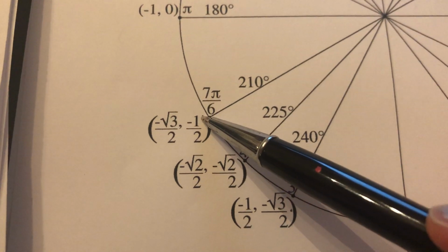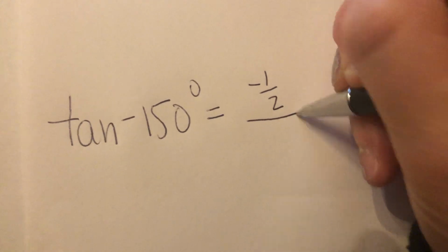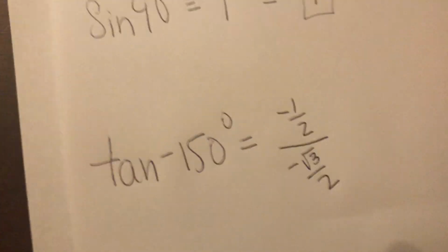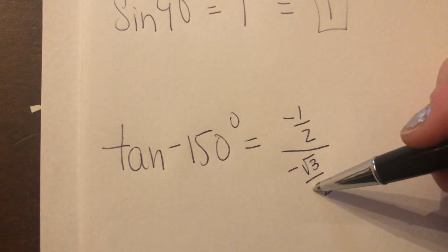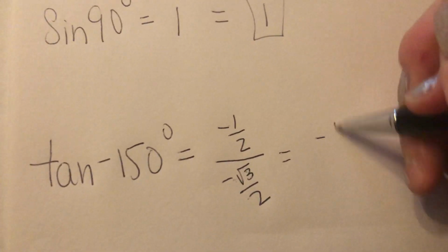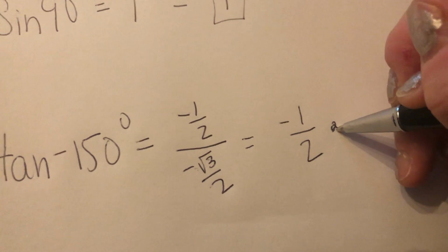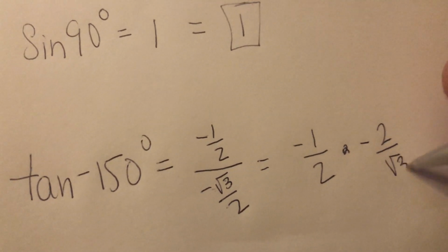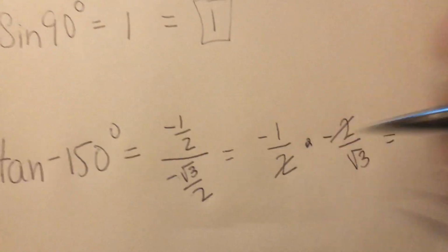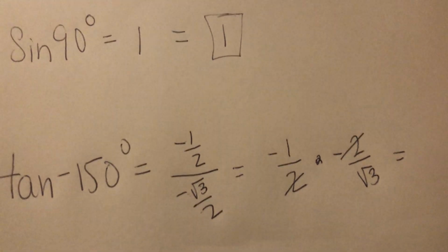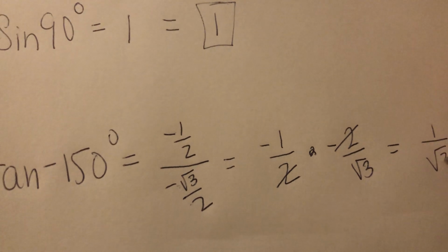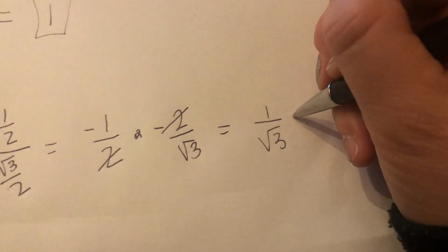So the tangent of -150 degrees is, well, I would do y over x. So -1/2 over -√3/2. All right, so right away I know it's going to be positive, right? Negative over negative is a positive. So that's -1/2 multiplied by the reciprocal, right? So what does that give me? Cancel, cancel, right? So what do I get? 1 over radical 3,